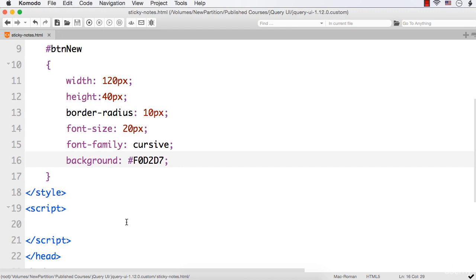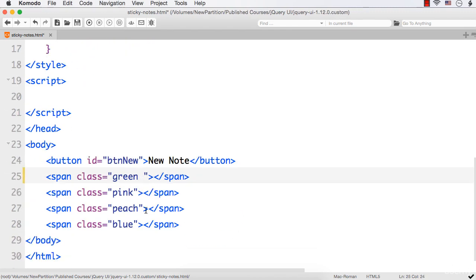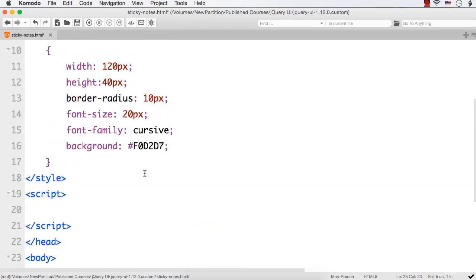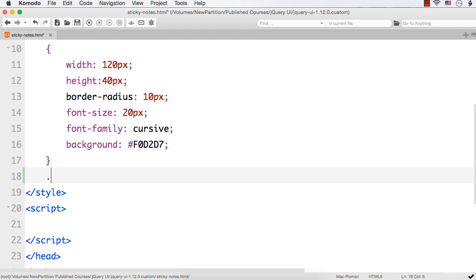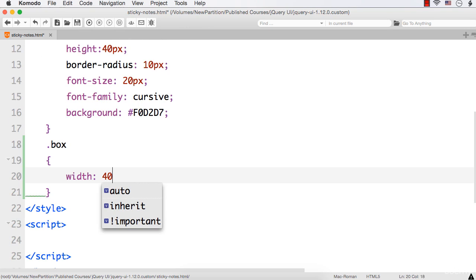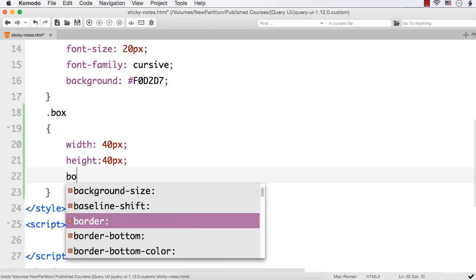Next we need to style the span elements, right? So let's add one more common class name so that we can set the height, width, etc. So let the common class name be box. Let me copy this and paste it here. Okay. Next what we need to do, we need to style these boxes. So first let us style the common box class name. So box. Now let me set a width of 40 px, then height of 40 px,